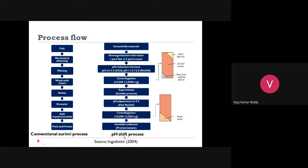The process is generally called the pH shift process because the main principle here is nothing but changing the pH. So in the pH shift process to produce the fish protein isolate, we are going to take the raw material. Raw material can be anything, whether it is fish waste or fish meat, or a mixture of fish meat and fish waste, or even fish waste of different species. So you take any raw material, then go for the